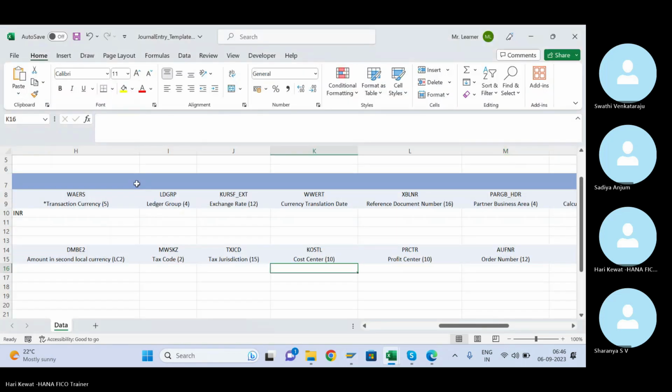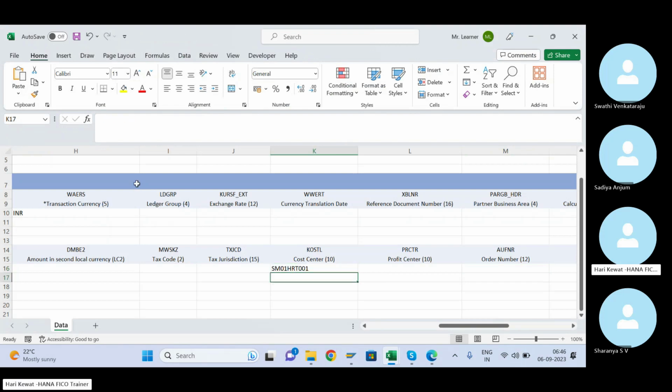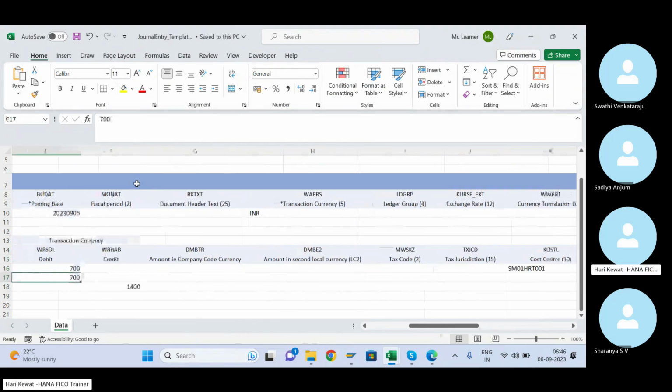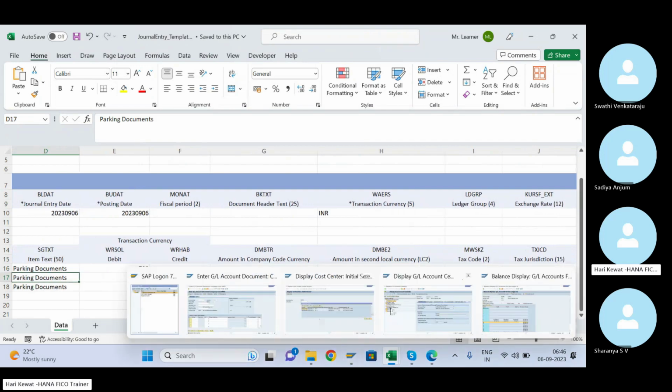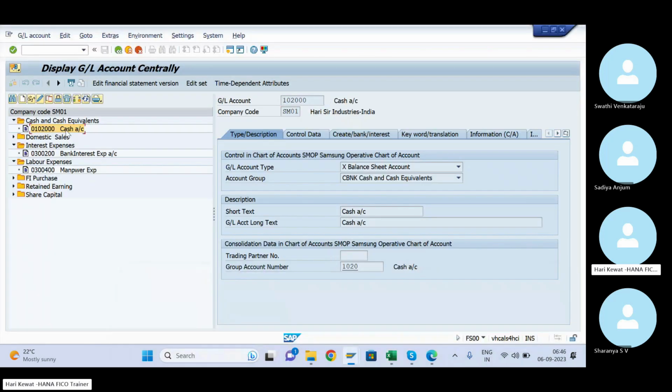Give it here. See, for this GL, which is a balance sheet GL, it is not required. Cost center is mandatory for a GL which is created with the P indicator. That I have already told you. If any GL is created with P, then entering the cost center is mandatory. Yesterday in the note also I told you. So this is not required for this, and this is also not required. But for this, entering the cost center is mandatory, otherwise it will throw an error.